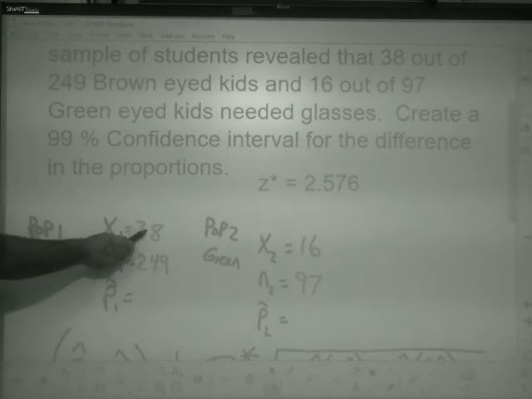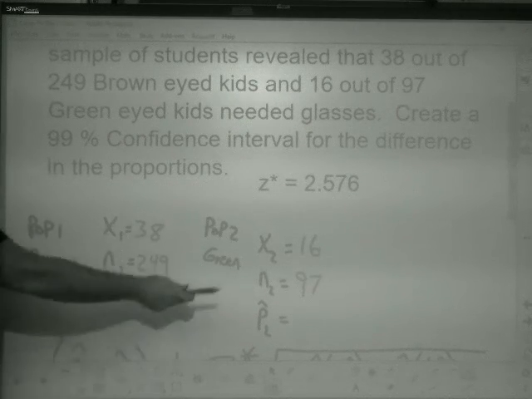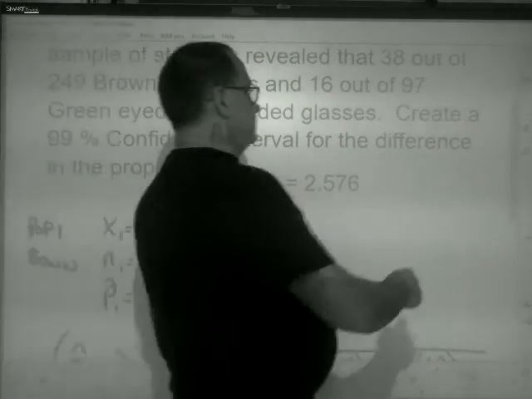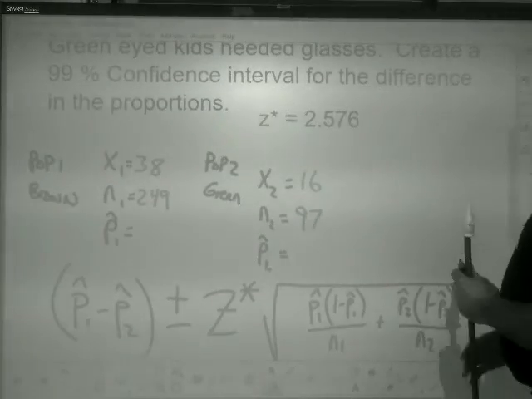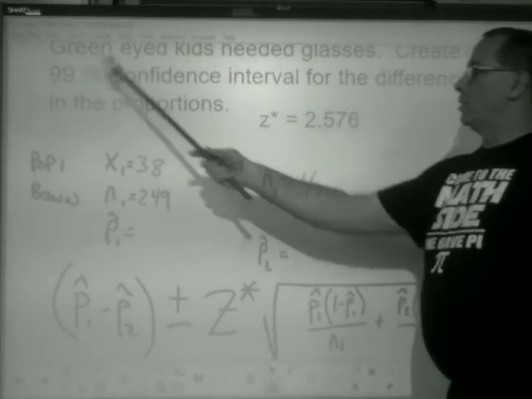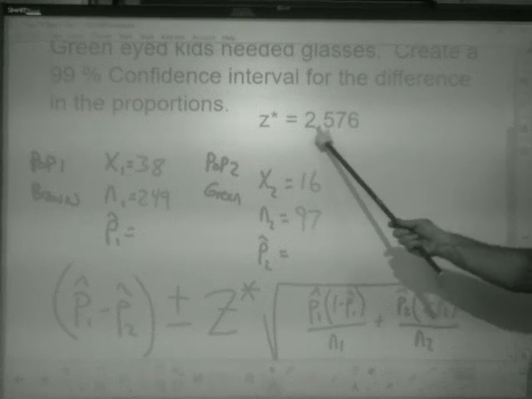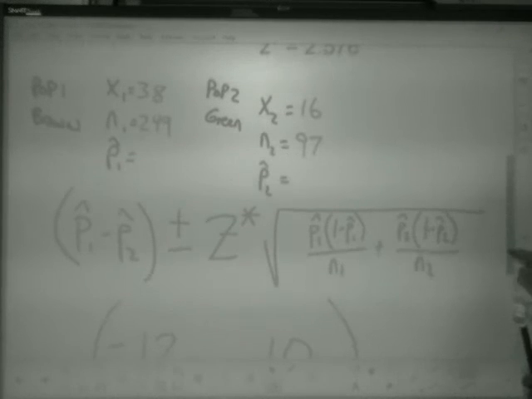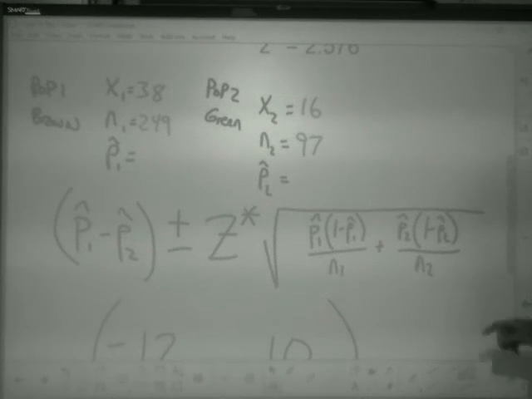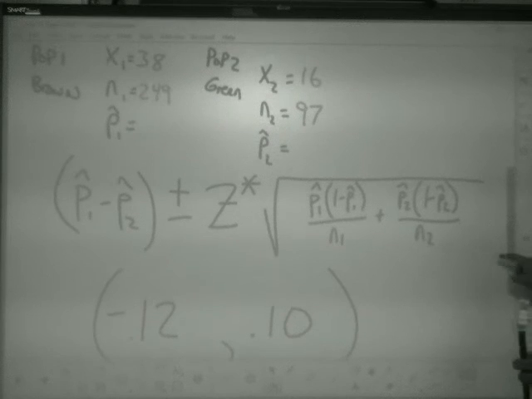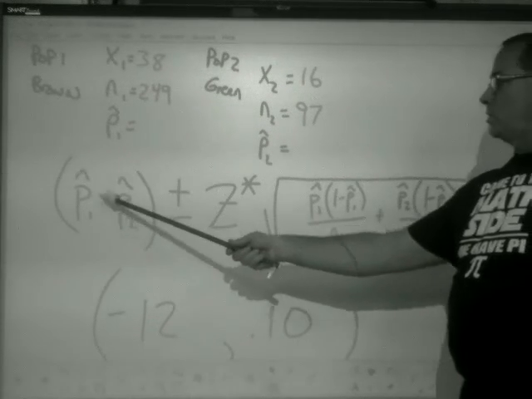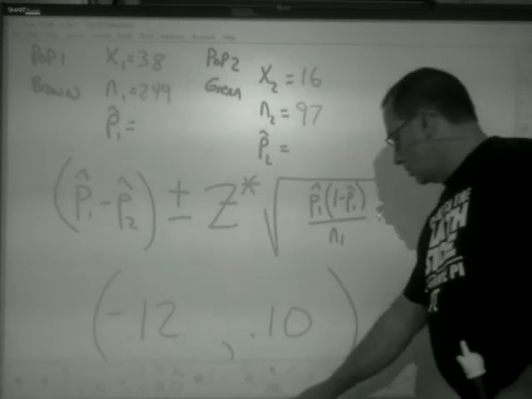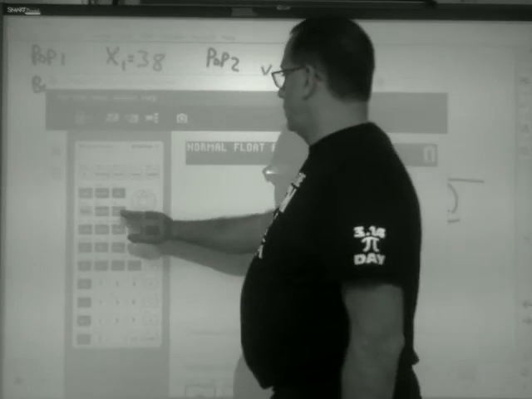So if I took 38 and divided by 249, I'd get P1 hat. 16 divided by 97, I get P2 hat. Now, 99% from the formula chart comes out to be a 2.576 Z-star number. So I'm going to fill in my formula. So P1 hat minus P2 hat, I just put all of these numbers into my formula, and I go to my calculator. So stat,